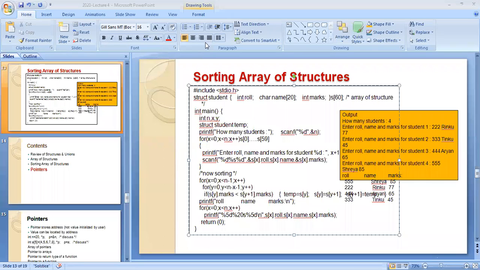Rajat, you have given 0, whether it is for x or y. Nobody is there.